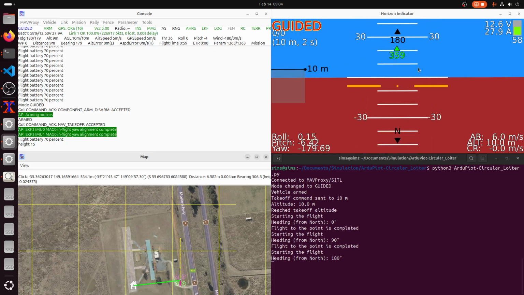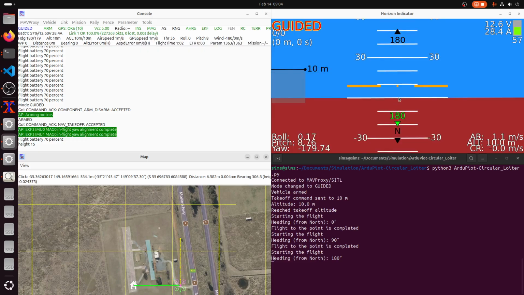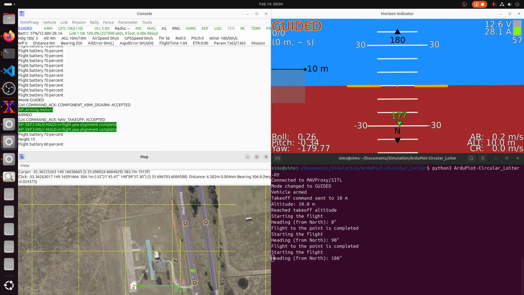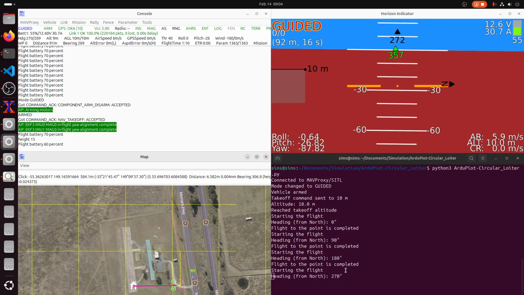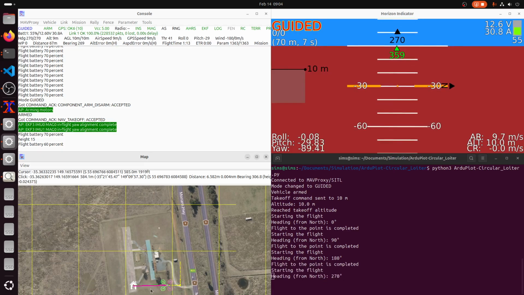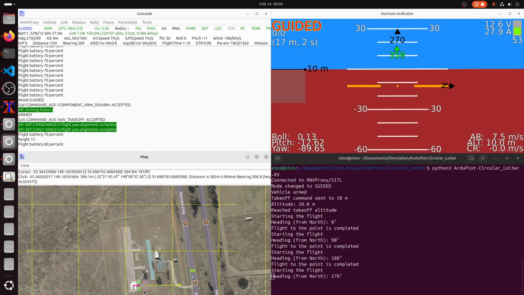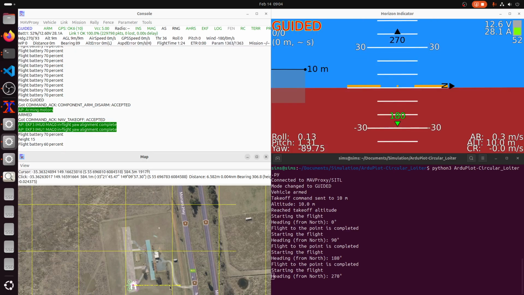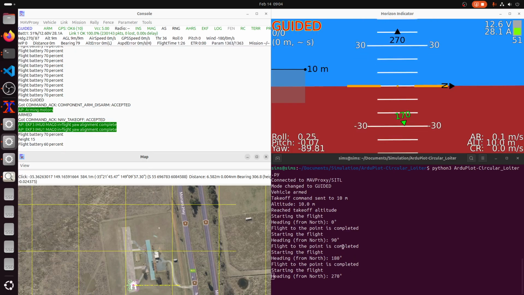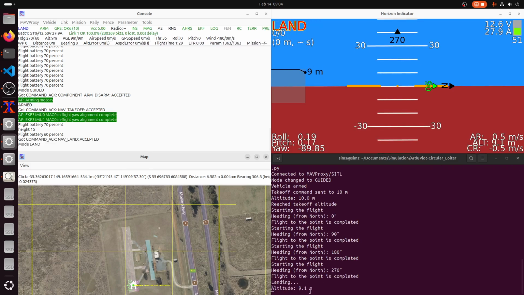Here you can see the direction of the vehicle from the vehicle perspective, and then it's going back to the original position. Here you see the direction, and it's going back to the origin, and the final stage is going down. When the vehicle has reached its position, it's going down to this altitude. You can see the same altitude here in this screen. We are in the landing mode, and let's see,